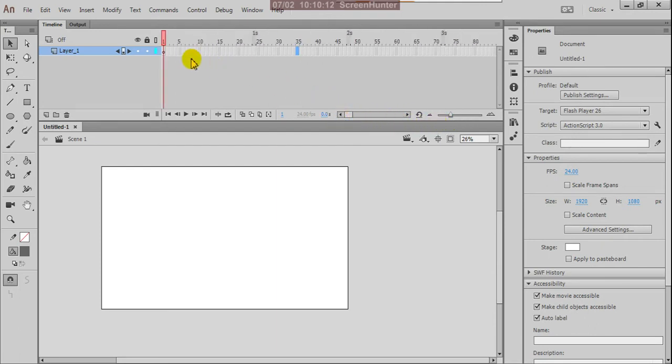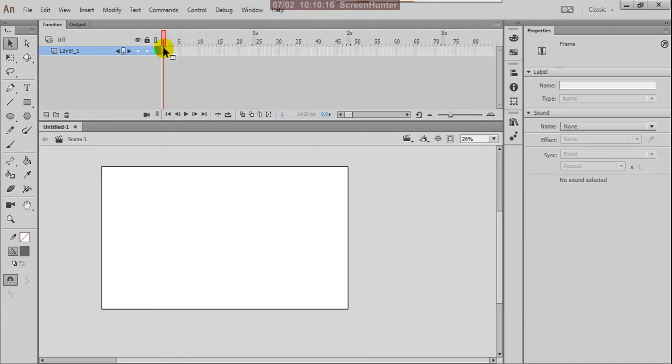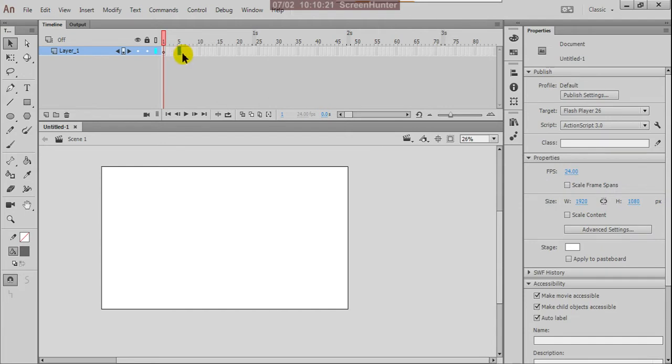If you observe here, this is showing number 1, and this is 5. Immediately after that comes 6, 7, 8, 9, 10. See, at every 5 numbers there is a dividing line in a darker gray color after 5 frames.